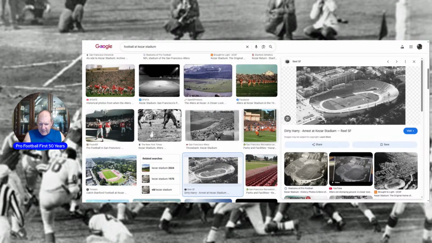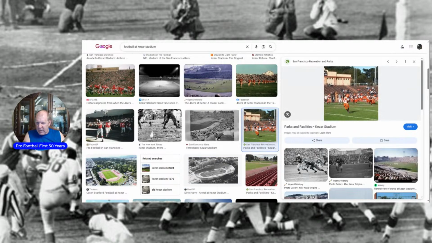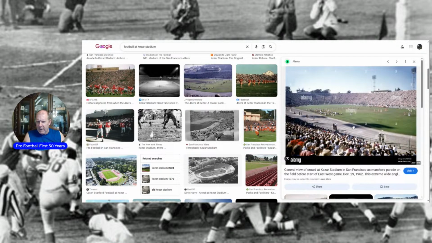I guess this is the new Kezar Stadium. They're playing a game in there. There's the old, here we go. So once again, you can see there's a huge amount of people there. But over here, this is where the stands get